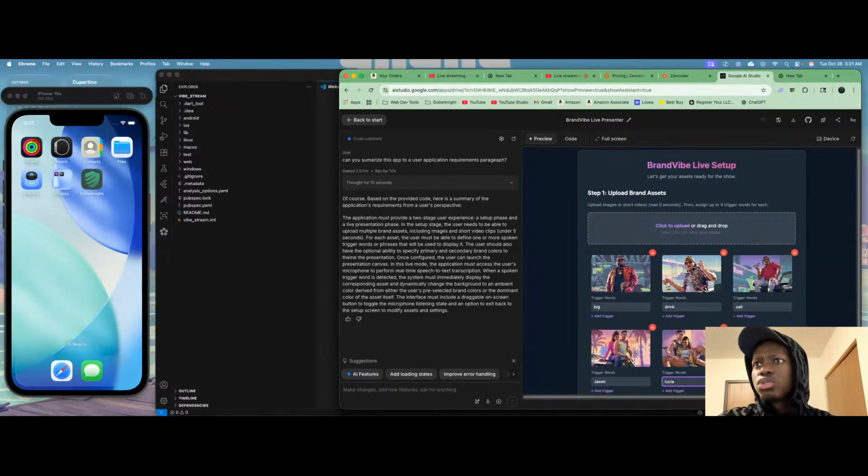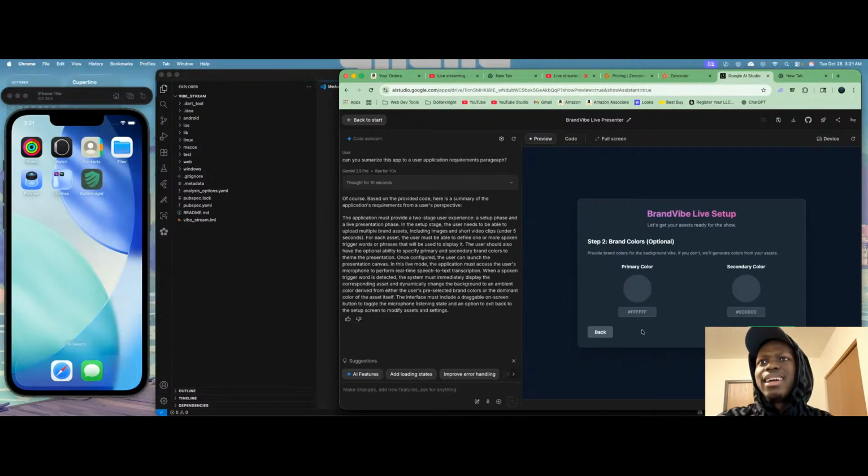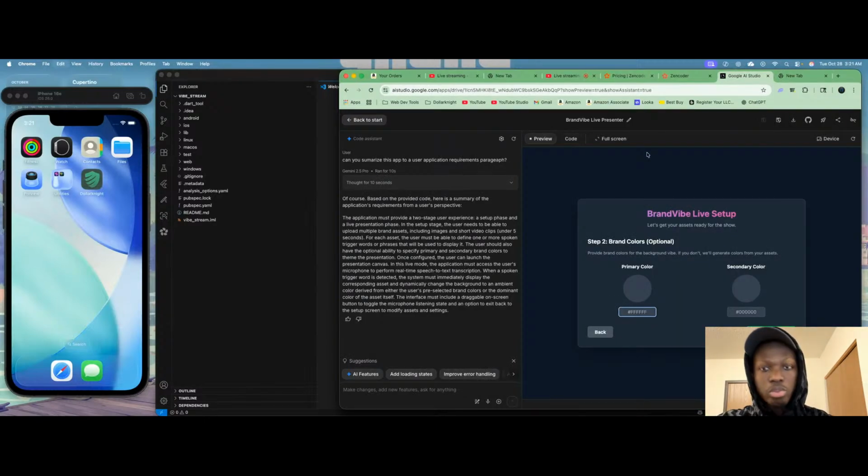So right now we have five pictures, right? So we just do next, and then here you have to choose your primary and secondary color. For this demo, I'm wanting to keep the GTA 6 vibe. So let's just ask Copilot for